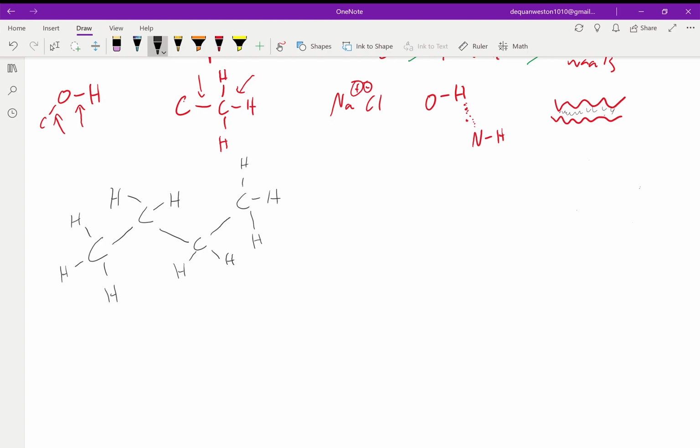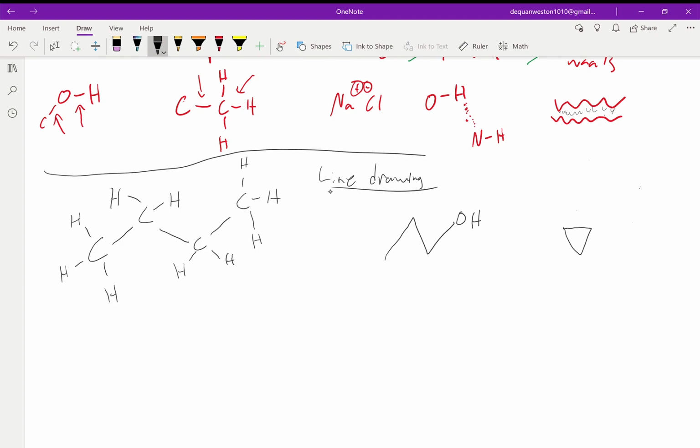And if you get good now, then organic chemistry and stuff will be a little bit easier. So here we have 3 examples. Line drawing. Okay, so in the line drawing,